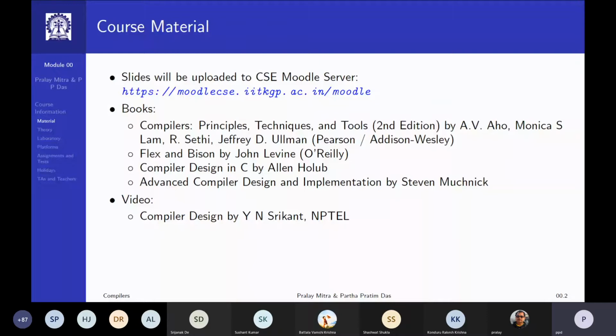And for advanced topics like parallelizing compilers or building compilers for multi-core systems, Muchnick's book is very good, but we may not have much time to discuss many of those issues. For this course presentations, we have borrowed quite a few slides from Professor Srikant's NPTEL compiler design course with his kind permission.